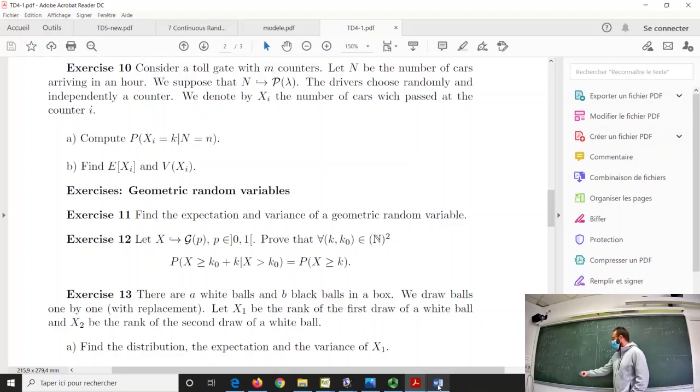If you want, I put this one into factor in order to make these terms appear, and I see that the sum is equal to 1. So here you have a sum that is equal to 1. Okay, so you have computed the probability that the geometric is greater than i for any i greater than 1. You obtain 1 minus p to the power i minus 1. But keep in mind what I want to do.